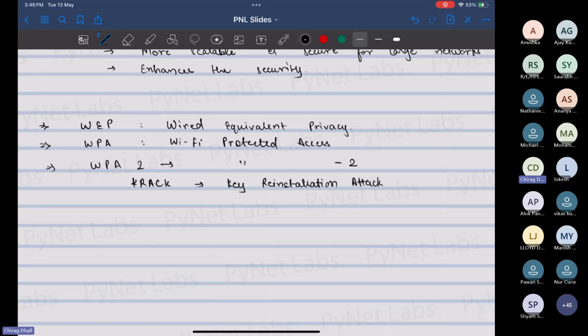Then later, to address this vulnerability, we got our final revision of WPA, which is WPA3,